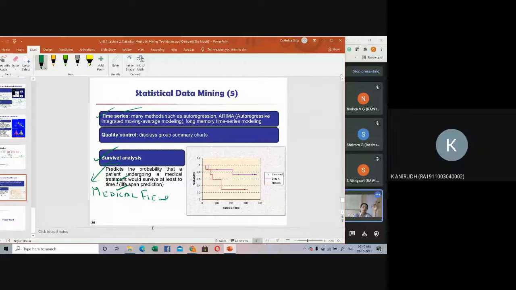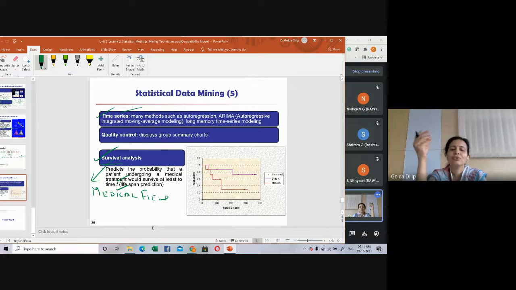They predict the survival distribution, the censoring, and all those things. What this survival analysis model will do is predict how long before a particular event occurs. For example, for a chronic disease, the doctor has told him he'll live only for 6 months. So that 6 months is the time gap. How long he will survive before that predicted date, before a particular event occurs. That's what survival analysis will be modeling.